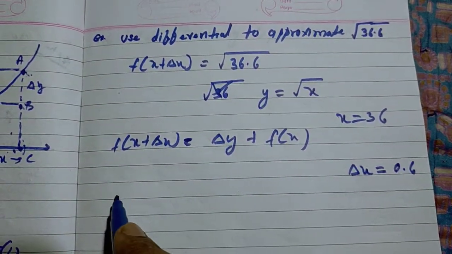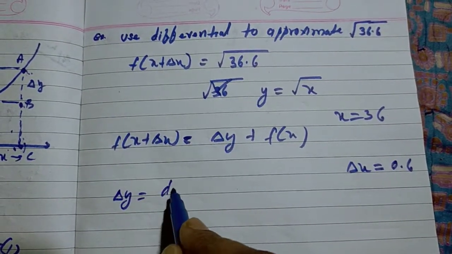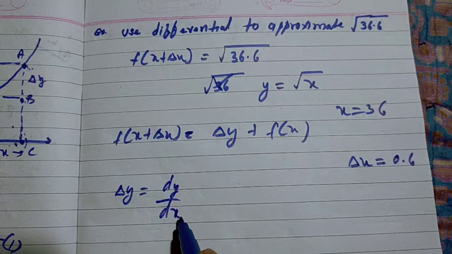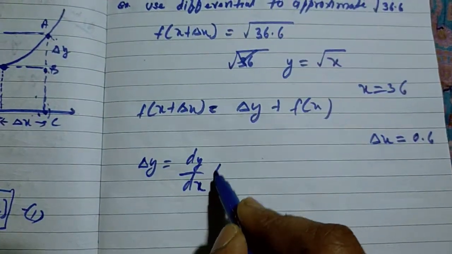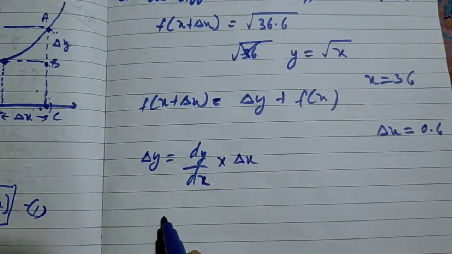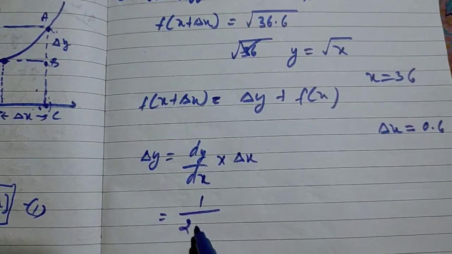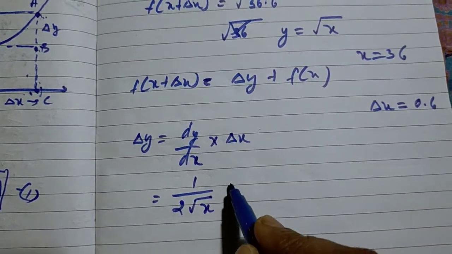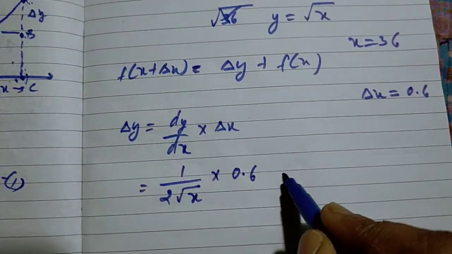Now find delta y. So delta y is equal to dy by dx into delta x. So what is dy by dx? Again 1 upon root x into delta x, that is 0.6, equal to